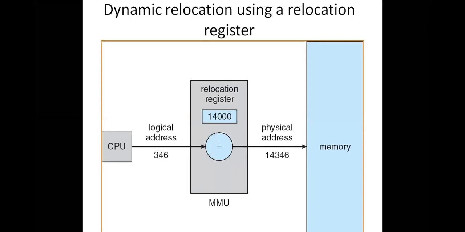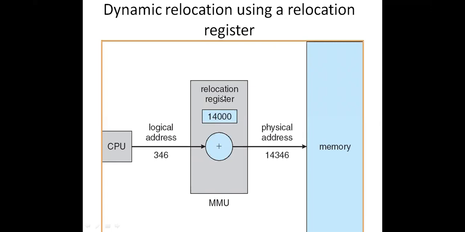What is a logical address? The CPU-generated address is called a logical address or virtual address. It is a logical address because it is generated by the CPU. For example, 346 is the logical address. Then what will the MMU do? The MMU will take this logical address 346 and